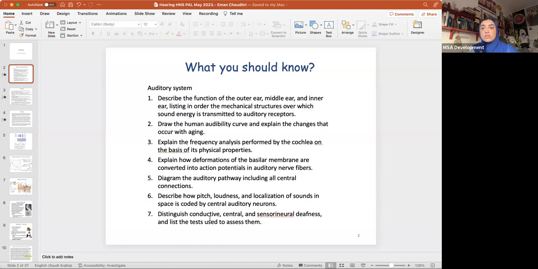So what we're going to be focusing more on in this lecture, for what I want you guys to really understand, is the cochlea itself, the apparatus generally, and the structures within the cochlea, because that is more important for your understanding of hearing, and that relates to the